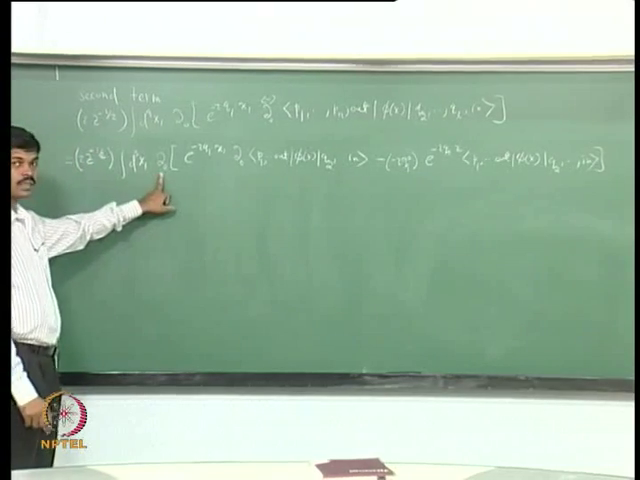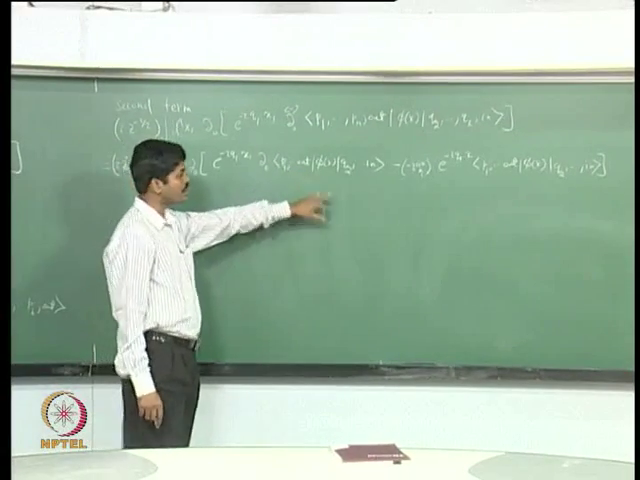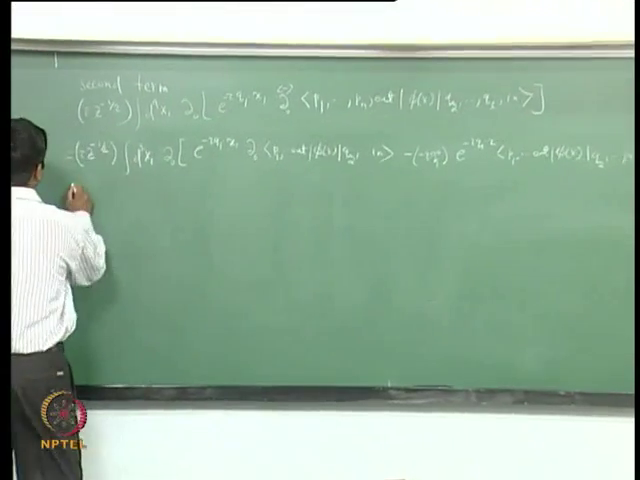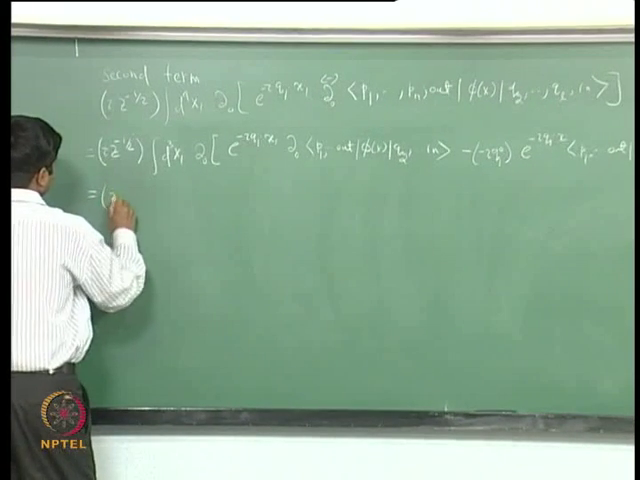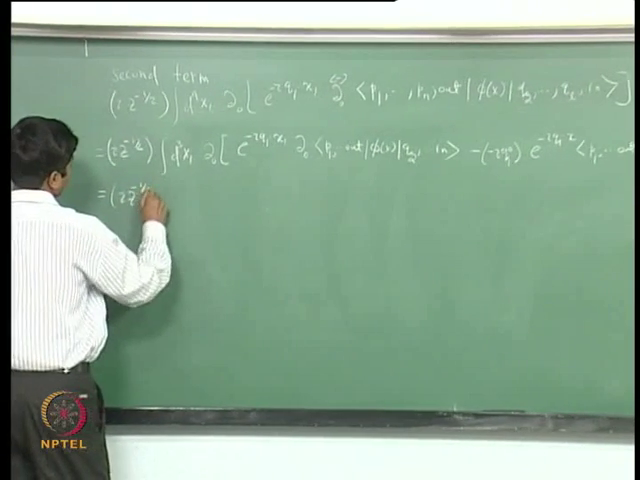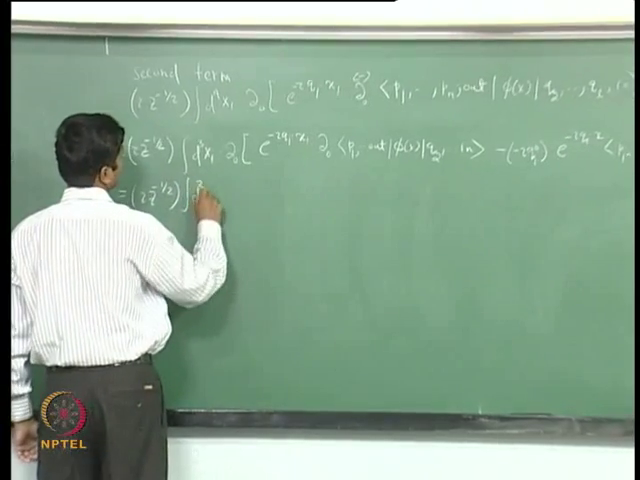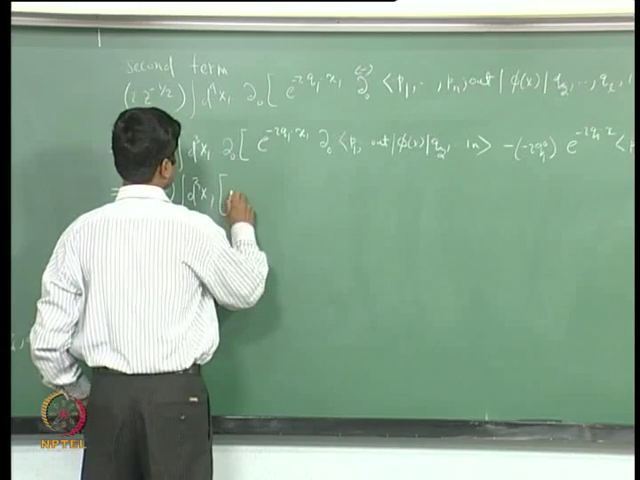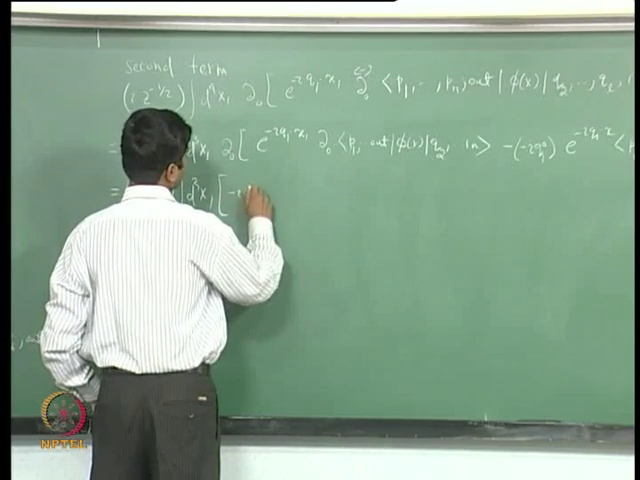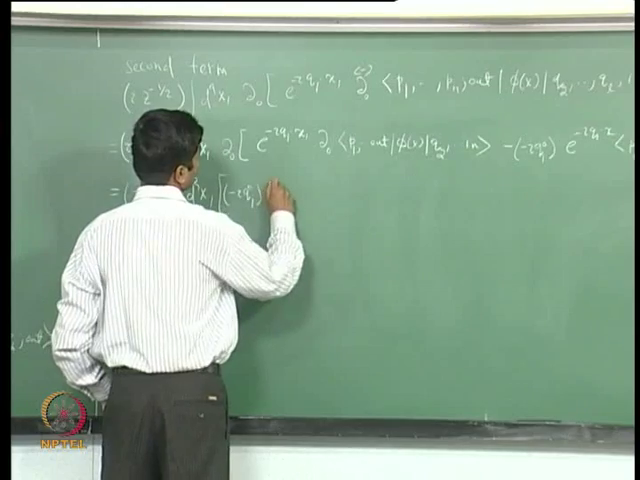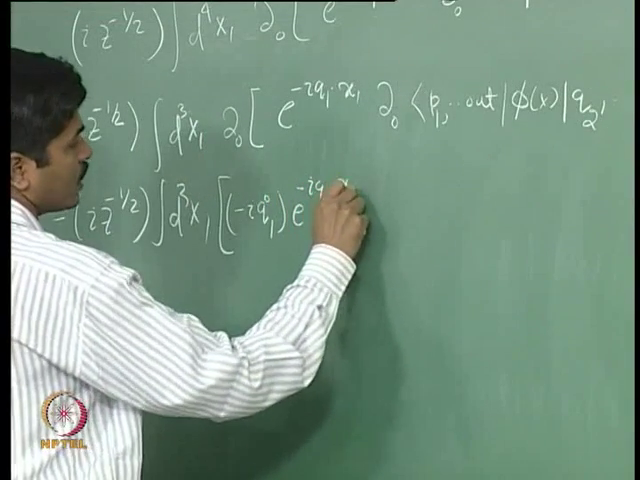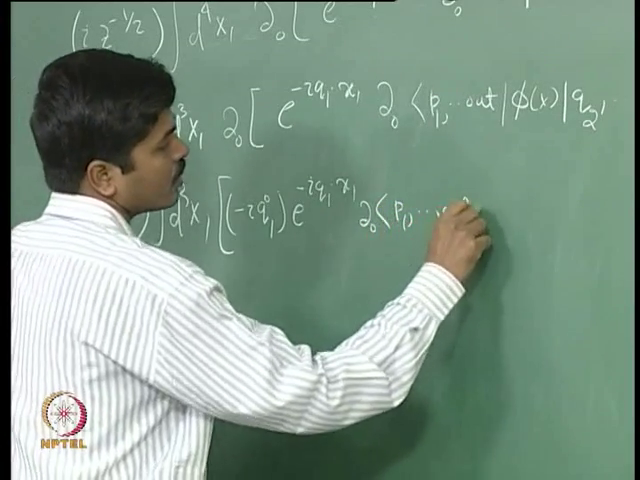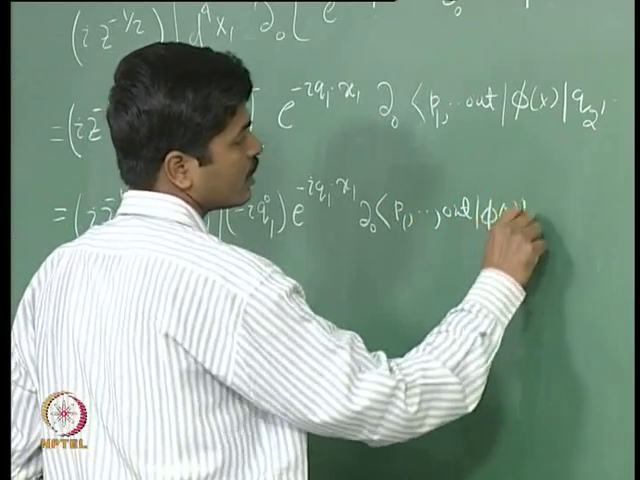Now, I will act ∂_0 on this as well as on this. When I act ∂_0 on this, it will give me first one term, which is, let us do it explicitly, i z^(-1/2) ∫d^3x_1. The first term will give me -i q_1^0 e^(-i q_1·x_1) ∂_0 of ⟨p_1 ... out| φ(x) |q_2 ...⟩,